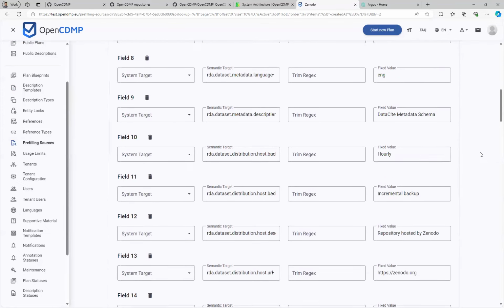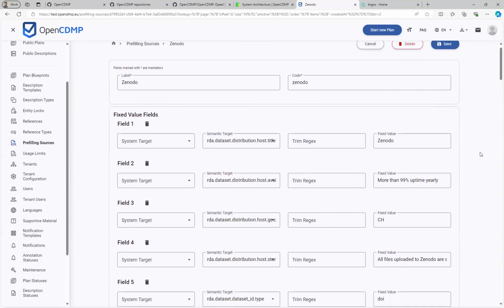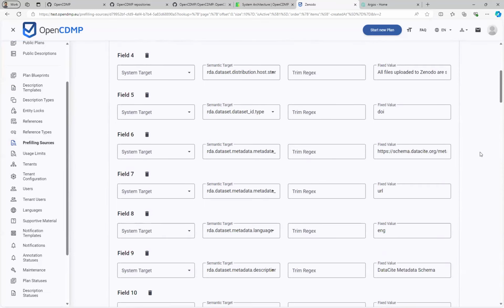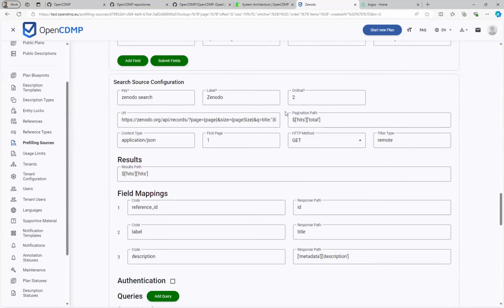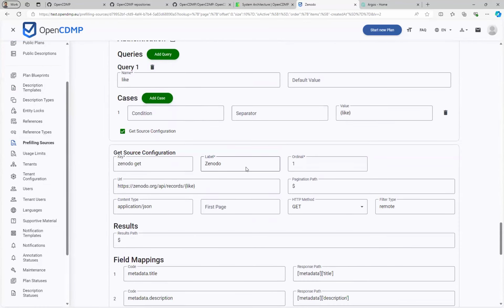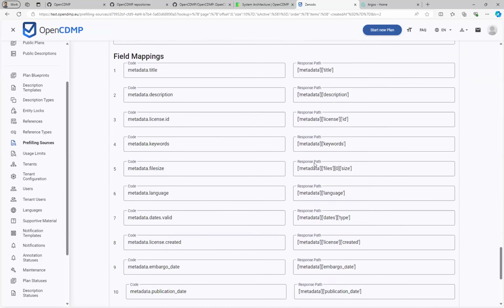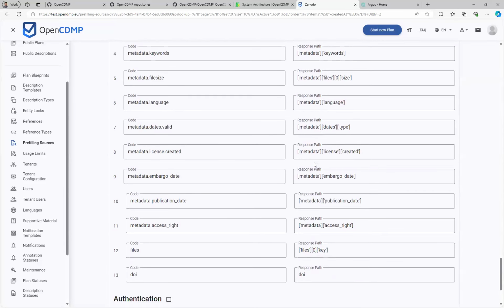I won't go into much technical detail, but the idea is that you configure how the API is called, pretty much the same way as we saw in the reference types, and then you configure the fields of the response where these are mapped to the fields of the plan.